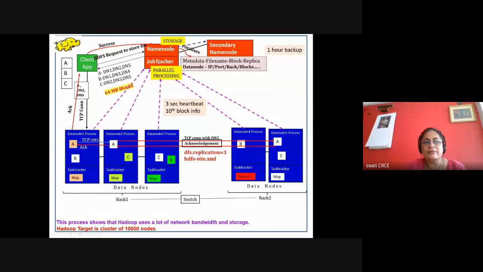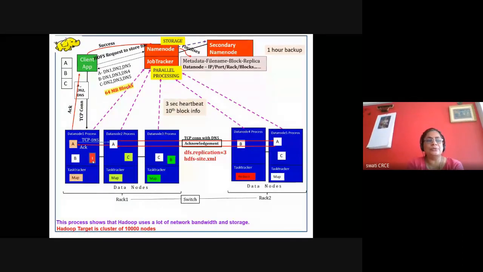So job tracker will decide that the reducer should be executed here. This job tracker will instruct this task tracker to execute the reduce job here. So the reducer computation is traveling and reaching over here and it will be executed here. But what is the input to this? For this map, the input is A. For this map, the input is C. For this map, the input is A. The output of this map function is always an intermediate output, which I am showing here as this block. This I is called an intermediate output because there is no space.